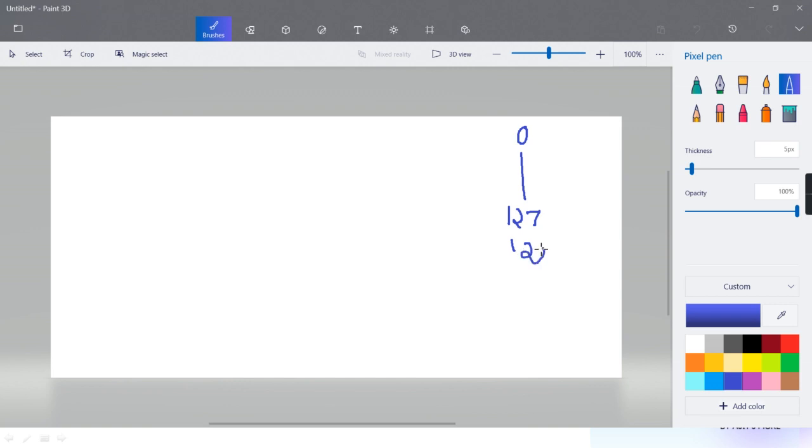Then 128 to 255, what will come? All the extended ASCII chart. And from 256 onwards till 65535.